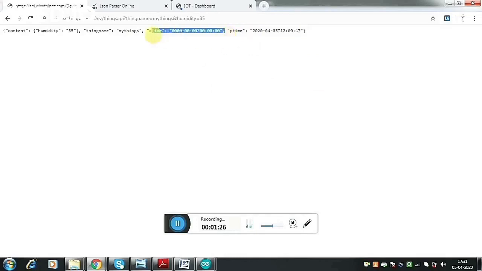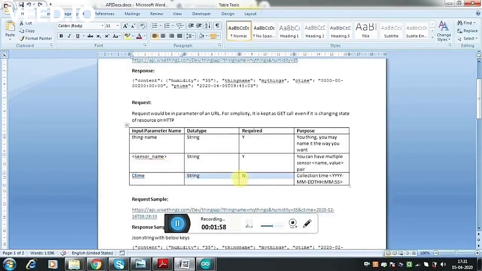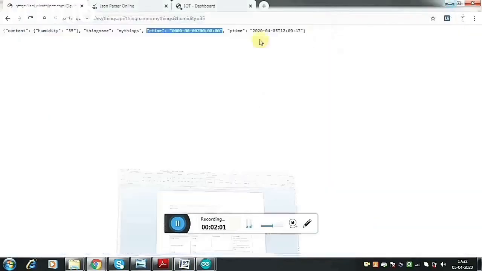So C time and P time should ideally be the same, because collection and processing is just a difference of seconds. But sometimes your device is out of network, and it caches the data and sends it later. So in that case, P time and C time are normally different. But when you plot a chart, you should know which data is of what actual reading time. So C time is required, but this is not mandatory data. If you look into this documentation, C time is not mandatory. If you don't send any C time, we just record it as 00. So that is not a problem.